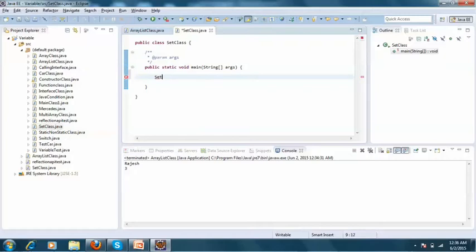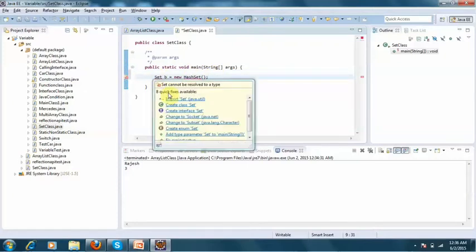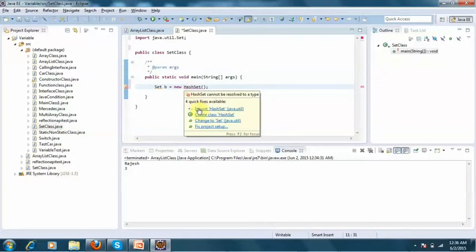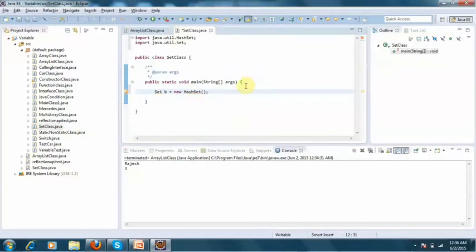Set, b, this is the object name, equals to new HashSet. Import the package of the set class first, and the same for the HashSet class. Okay, now